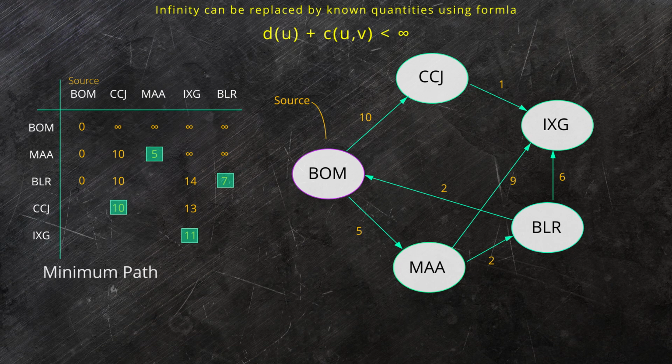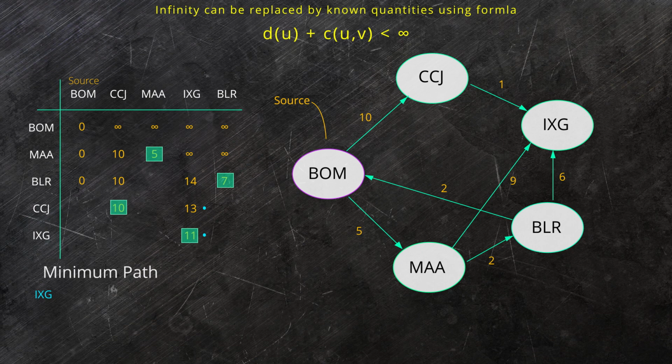So how do we determine the path? For example, let us take IXG. So from IXG to BOM is the shortest path. So I'll be placing a pointer here. Now you have to reverse one step back. So when you reverse one step backward, you have to write the first path. That is, first path is you have chosen IXG, and you have to reverse one step backward.